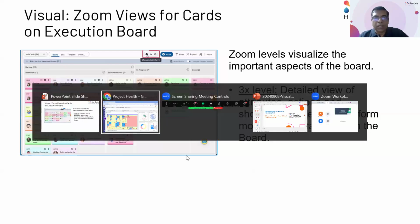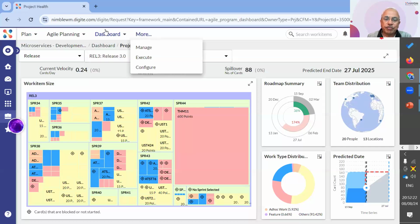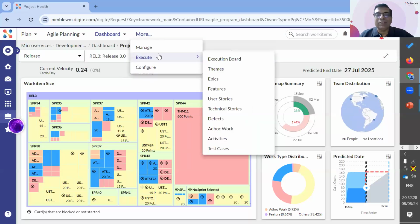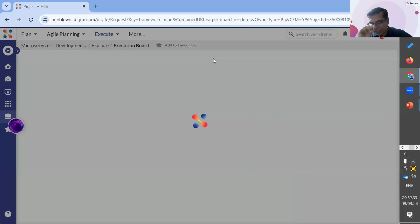Yeah. So, very quickly, Mahesh, I just wanted to highlight some of the key capabilities. Sure. So let me just go to the execution board. So if you look at the execution board,